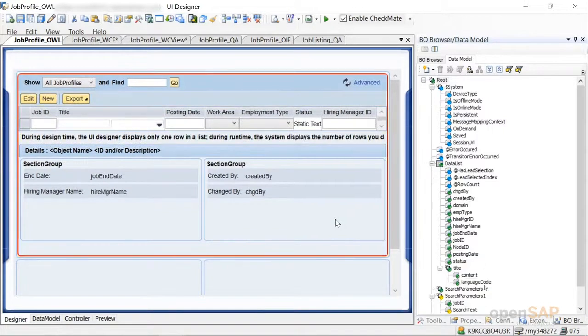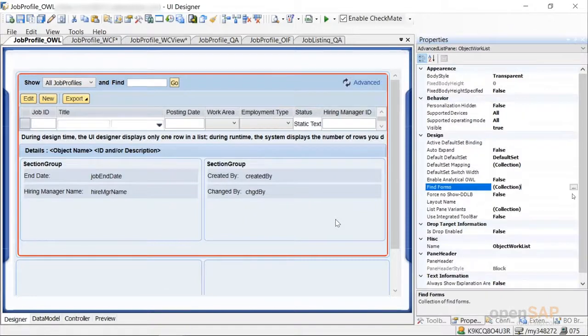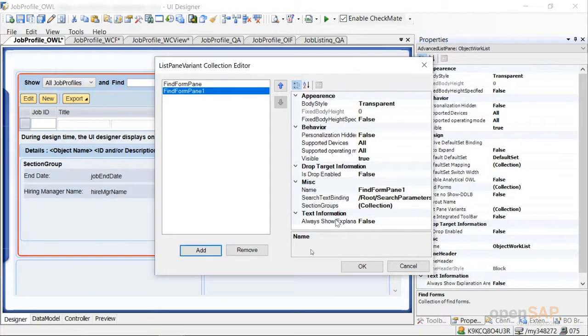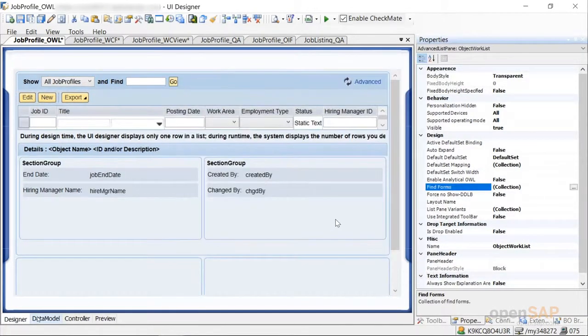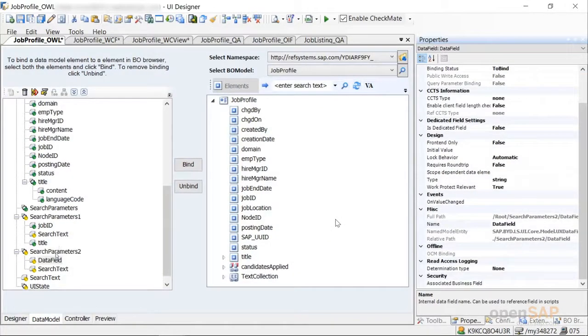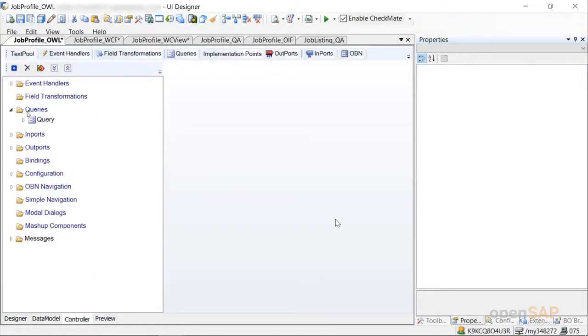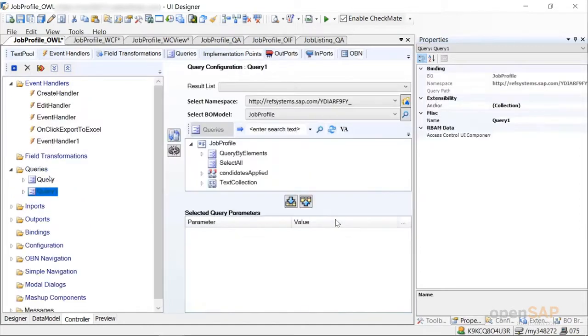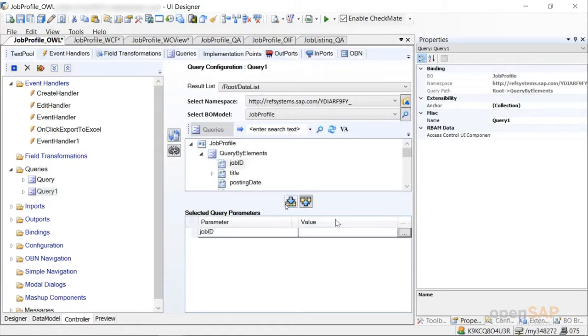I would like to enhance this. I would do that by clicking on find forms and adding a new form pane. You could see that there is another search parameters created here. I add certain fields. I come to the controller, create a new query, bind the result set and bind my query by elements, and drag and drop those fields which are of my interest, and then I use the status field,